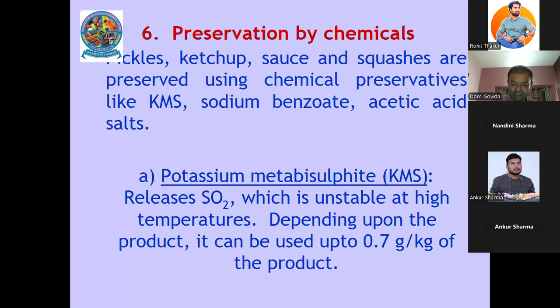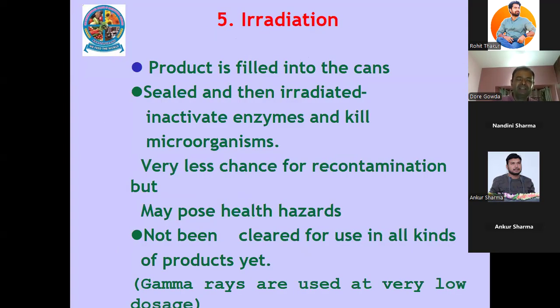So then, okay, product is filled into the cans, sealed and then irradiated. So that is, product is prepared, put into the cans, and then it is sealed. Then gamma rays are passed through. These gamma rays can pass through anything, similar to X-ray. When an X-ray is taken, the X-rays pass through our body and take the picture of our skeleton, bones and other things. Similarly, when fruits and vegetables are irradiated, these gamma rays pass through the fruit